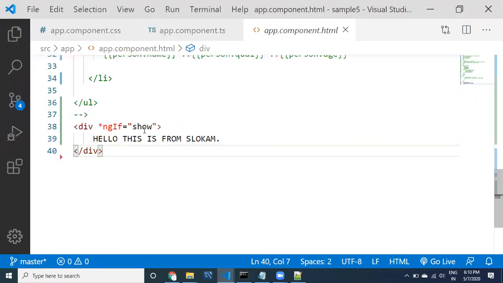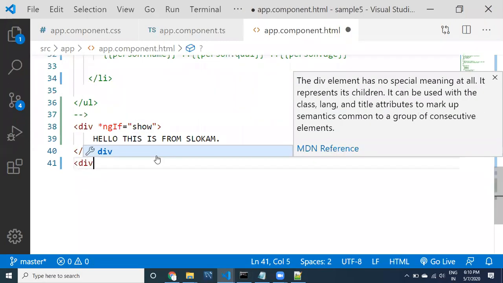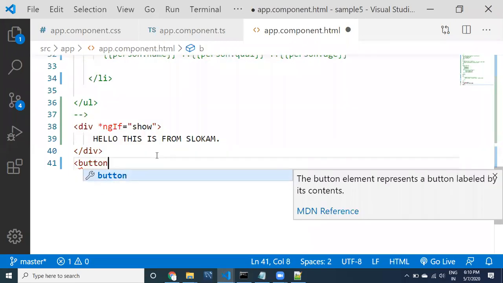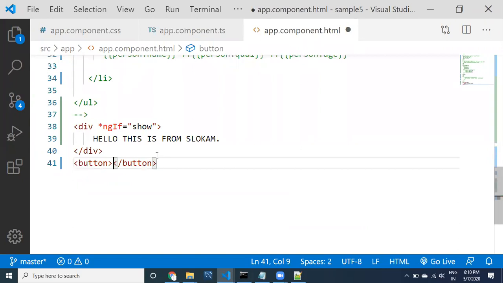Fine. Okay guys, I want to do this dynamically. What I want to do is provide a div and a button. Let me take a button, show or hide.